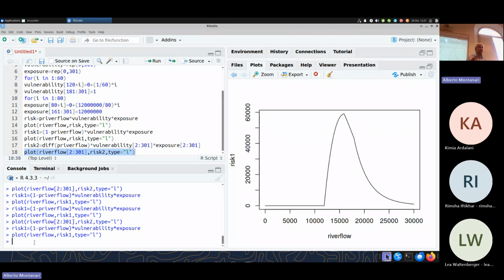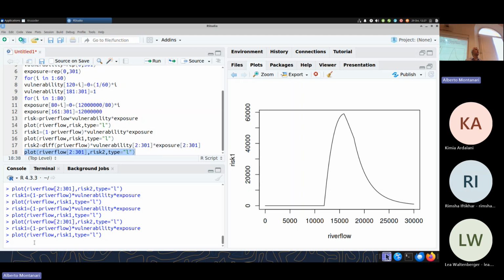So this is the difference between the two. When I use density, I get the expected damage in 1 year of the river flow of 15,000. And then in the same year, I should add the expected damage of the higher flows. So actually what I should use depends on the question, of course,